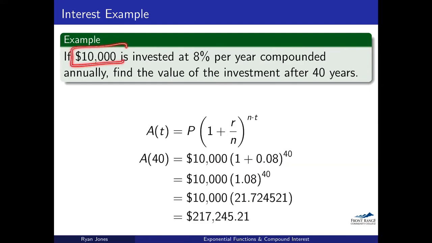But if you can have $10,000 and put that away at 8% per year, which is not that hard to obtain, it takes a little bit of work, but with some work and some knowledge, you can find an investment that's 8% per year. If you have $10,000 that you can afford to save and you just don't touch it for 40 years, which is likely retirement, if you're a student who's just getting out of high school, maybe 18, 19, 20 years old,